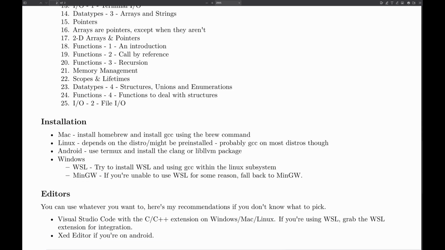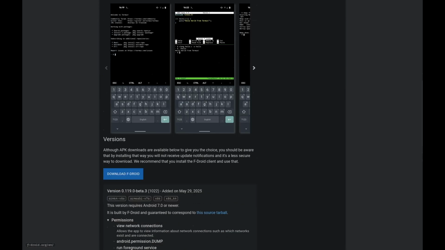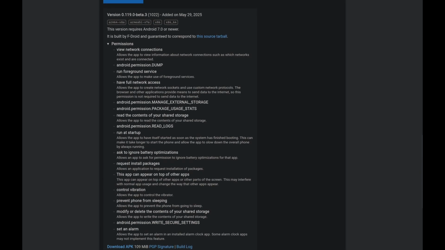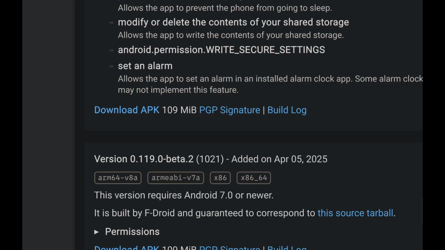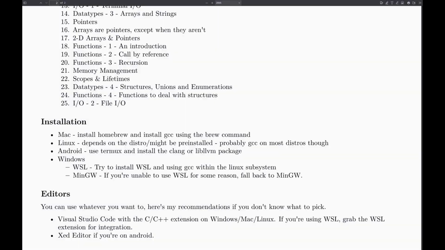So you can either install the F-Droid app, which is like the Play Store, or you can go down here and grab the download APK under the version. You can install Termux, and then within Termux you can install GCC. It'll be under the Clang package or the libllvm package. Both work.